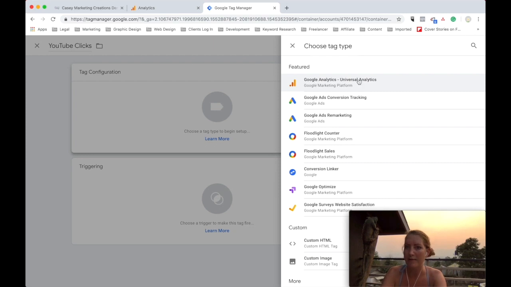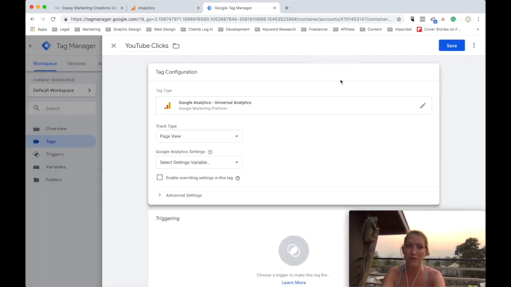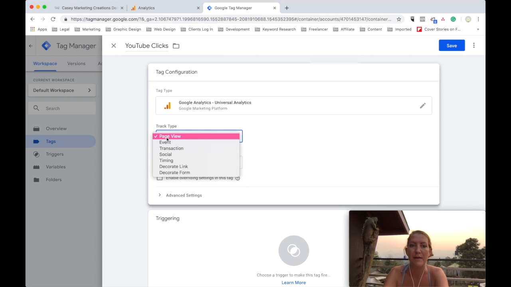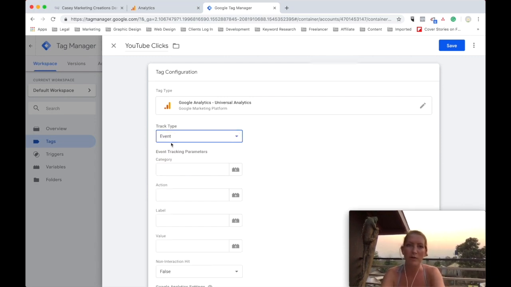We use the Google Analytics platform again, because we're basically normally going to be doing this, but this time instead of page view, it's going to be an event. So because we're interested in events, the category, I'm just going to put client action, if I can spell today, client action, click, and then the label,